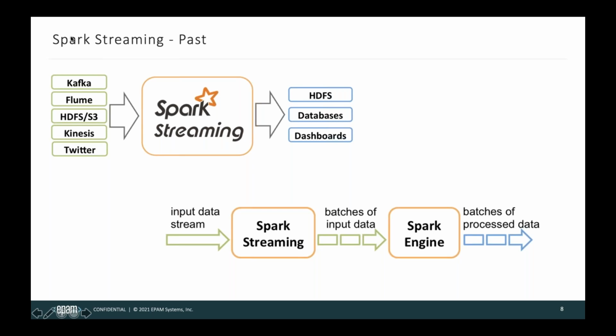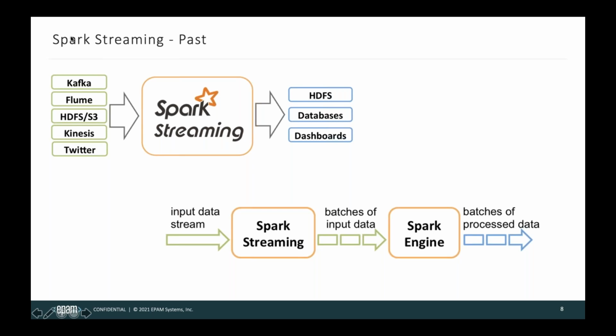Then we have Spark streaming, but this is the older version of streaming for Spark. How does it work? It works in micro batches, where we are able to get the data from Kafka, Flume, Kinesis, Twitter, whatever we choose, do the micro batches and save it to some location. Whenever I say micro batches, I'm talking about time windows.